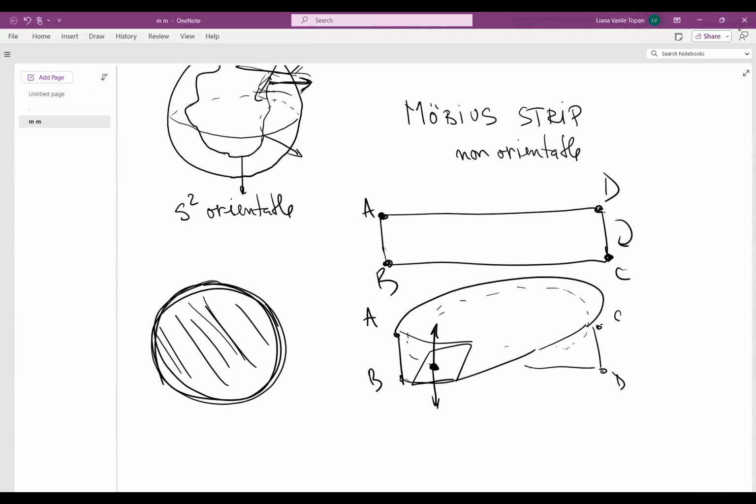But I need a few notions to be able to integrate on manifolds, right? So just remember that there are manifolds which are orientable, for instance, a sphere or Euclidean spaces. And if the manifold has boundary, it's a manifold with boundary, then the orientation induces an orientation on the boundary which is compatible with the orientation on the manifold. Okay.